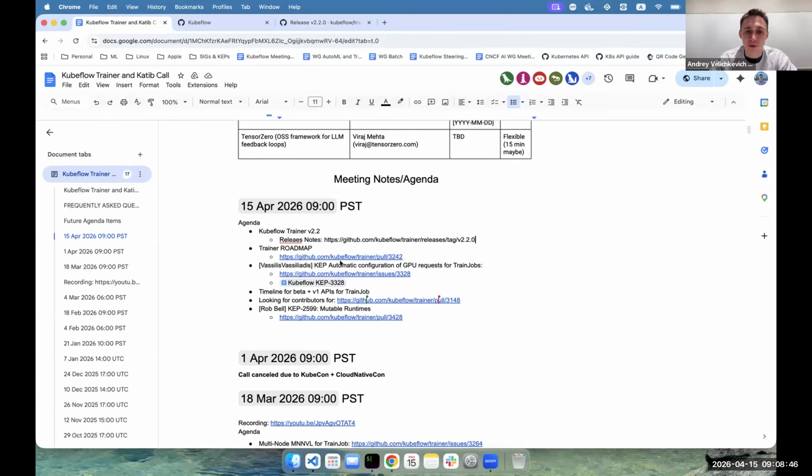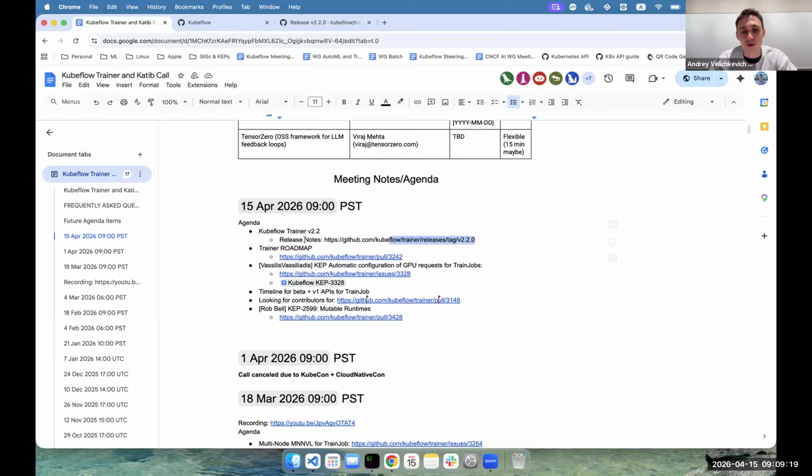So I guess then we definitely have a few topics to talk about today. More specifically, we want to talk about the KEPs around automatic GPU resources, the one that we announced previously. Just before I jump to this, I want to give a short overview of where we are right now. Just before KubeCon, we released Trainer 2.2. I think it was a very successful release. I see a lot of engagement and a lot of interest within the project, especially since we recently introduced support for Flux and XGBoost, and all those things around integration with Hugging Face Transformers.